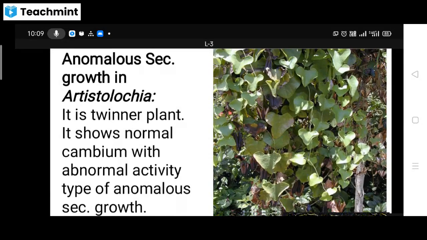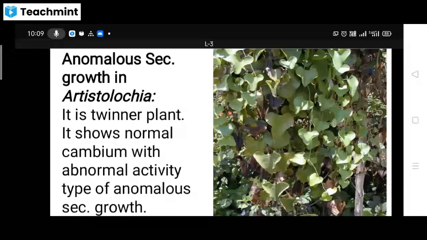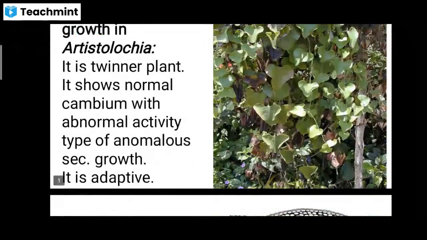Normally this Aristolochia plant is a twiner plant, or simply a climber plant. In that plant, it shows the normal cambium with abnormal activity, a type of anomalous secondary growth, which is an adaptive type of modification. Normally, as you know, the secondary growth will be